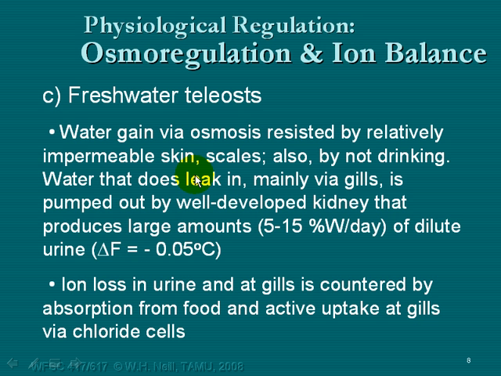If you looked at kidneys, you know about the tubules and all of that, and the loops of Henle and things. I don't talk about the anatomy, just about the overall picture here. And the overall picture is that the freshwater teleost kidney is well developed, lots of nephric units, and very efficient at recovering ions from the filtrate from the blood, which is basically the plasma that goes through the glomerulus, through